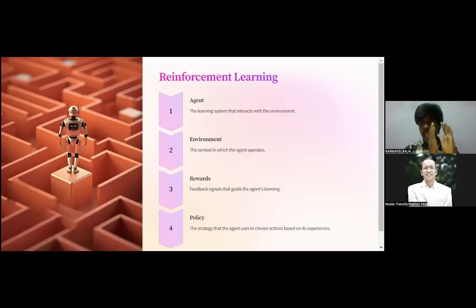Now I am going to apply this to the game of Mario. There is a small character, and that is called the agent. The complete environment the agent moves in is called the environment. Now we have fixed the agent and the environment. What is the reward? If the agent moves up and breaks the brick, it will get coins. That is a reward for its correct action.